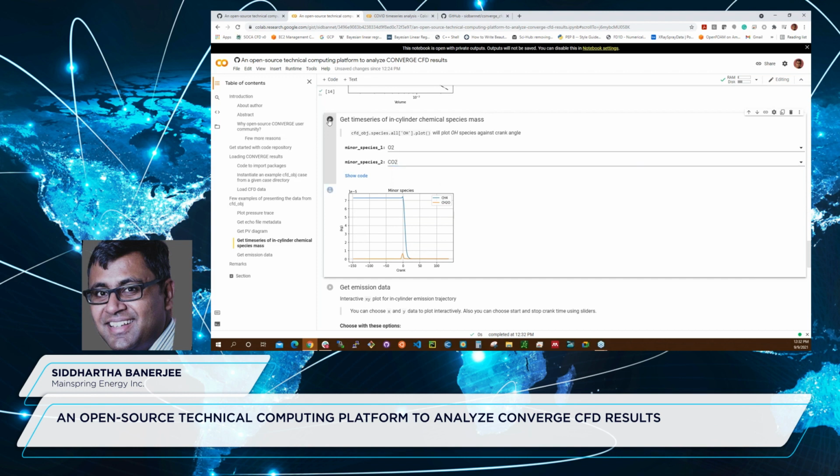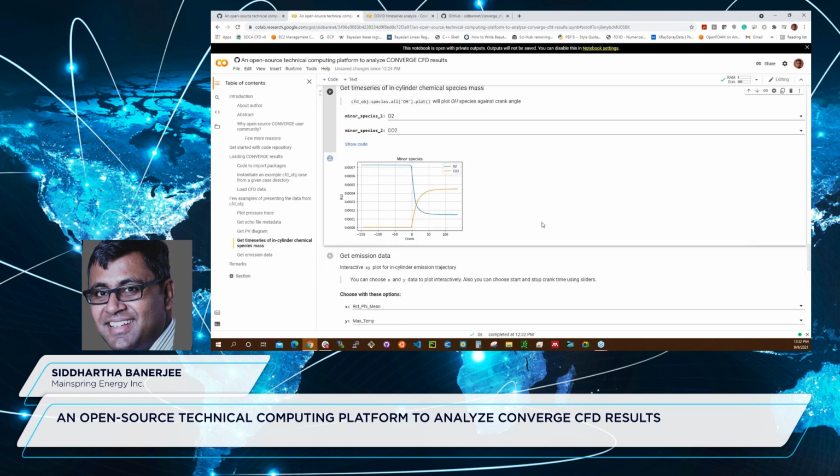Those are major species though, but still. The O2, the reaction happens, then that went down, it's still a reaction, and the lean combustion, and then CO2 gets formed, and you get that against crank time. Let's say you want